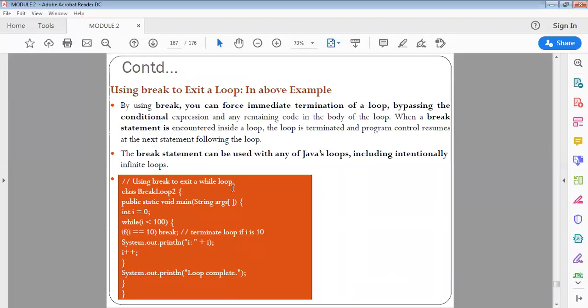We can force immediate termination, bypassing the conditional expression and remaining code. So here is an